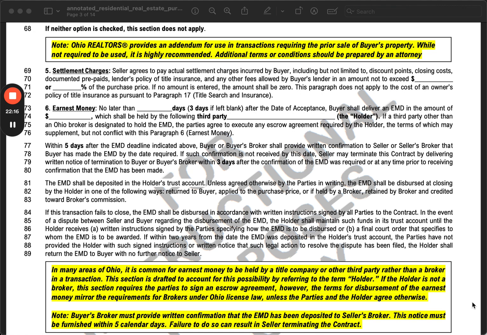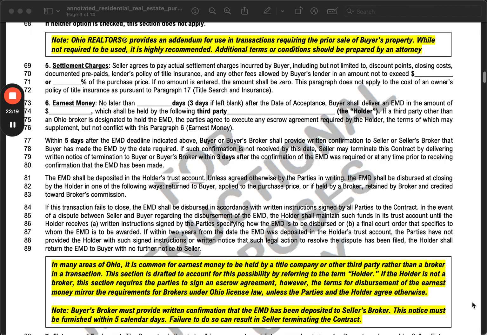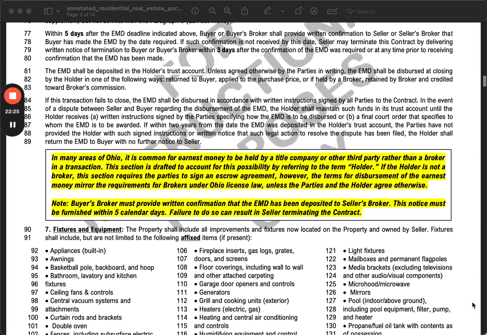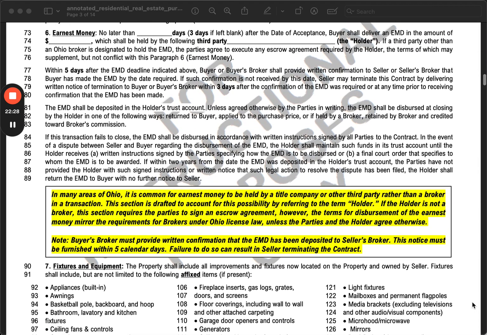So, under line 73, where earnest money starts, the way that this works is under line 77, within 5 days after the earnest money deadline that was indicated above, you as a listing agent must have received proof that the earnest money was deposited, and that can come in any number of ways. If you represent the buyer in this transaction in our brokerage, I would like for you to receive the check in with the title company, see when the earnest money was deposited, receive written proof of that,